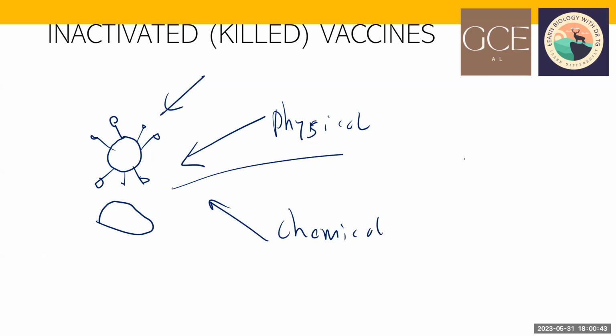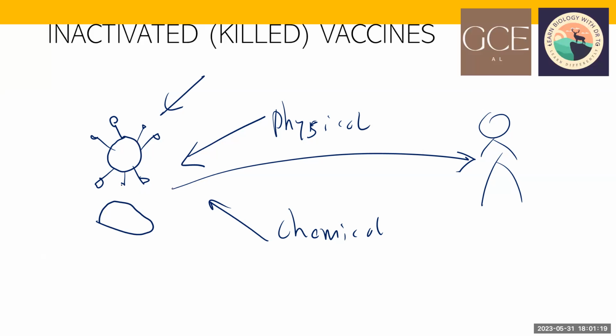Again, we can inject it into a person. So then the immune system does the same thing, just like a natural infection. They try to activate the immune system, but not in a bigger way like a natural infection, because they are not replicating in the body, but they have antigen. So for this antigen, they can develop immunity.